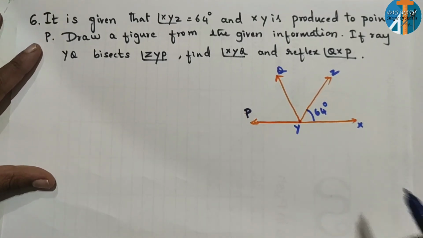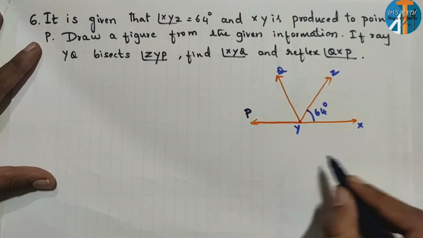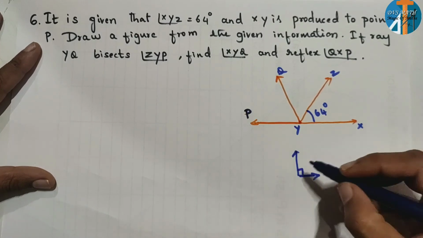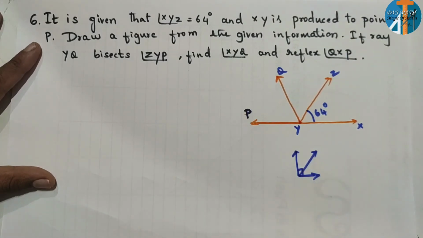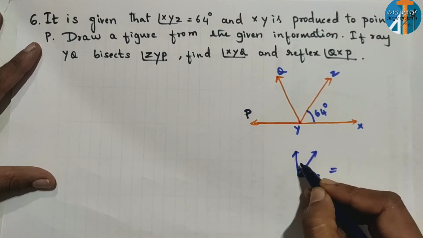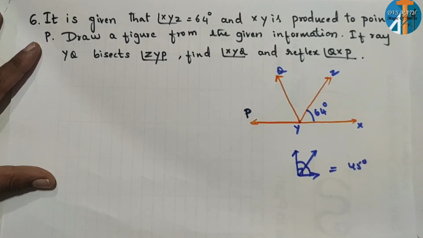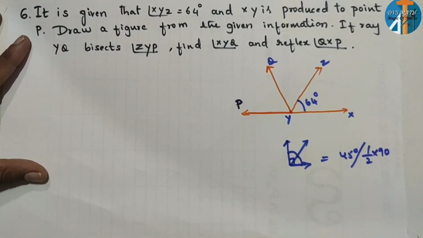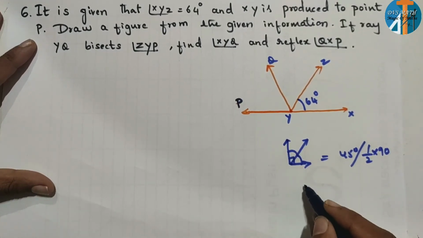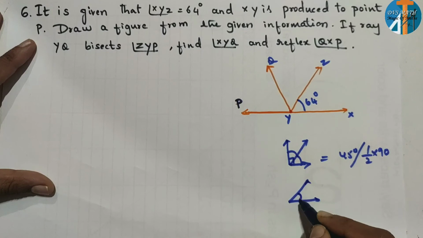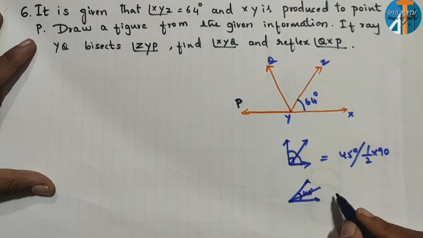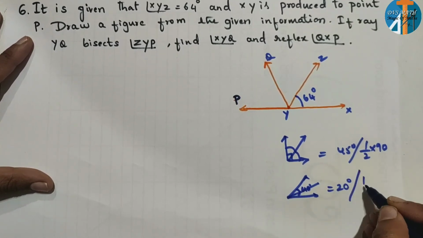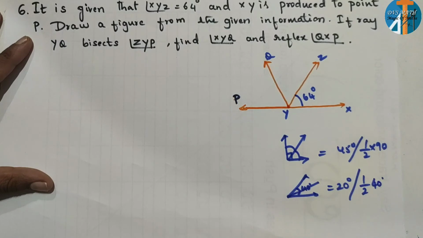That means what we can write here, for example, if I consider this, as you all know, it is 90 degree. For this 90 degree, if I draw a perpendicular, the whole angle is divided into 45 degree, or you can consider it as half of 90 degree. The same thing if I consider 40 degree: if it is a 40 degree bisector, the whole angle will divide into two angles of 20 degree, or you can consider it as half of 40 degree.